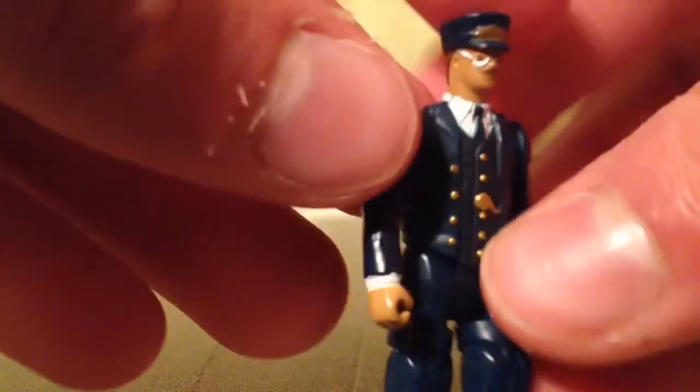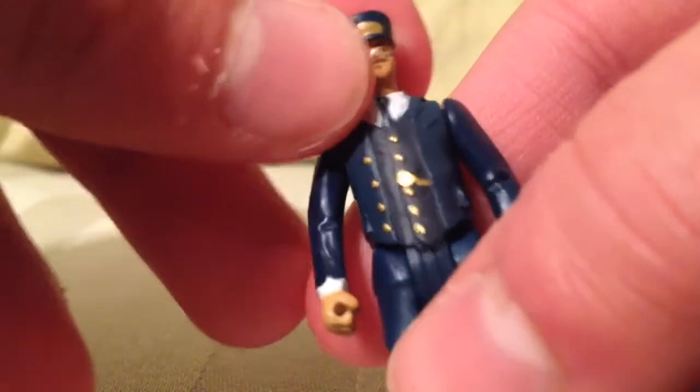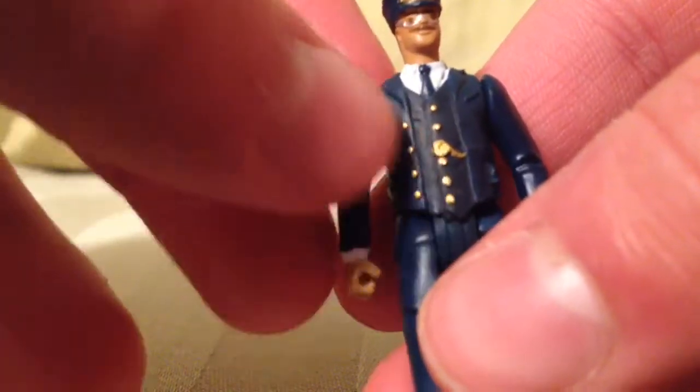Our next figure is the conductor, who has a nice gold detailing on his hat. He has detailing of his glasses and his mustache. He also has nice button detail on his jacket along with his little watch. He has a white collar because he wore one in the movie, and a blue tie. He also has bendable knees and legs that can go forward and backwards, and 360 arms, like almost every other character,